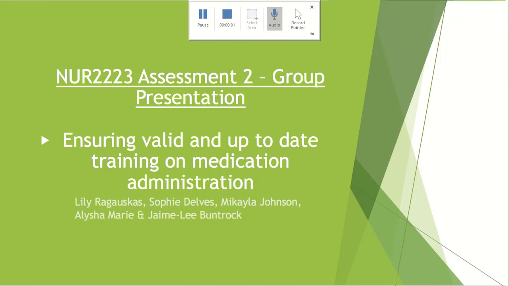This is Assessment 2 and we are looking at ensuring up-to-date training on medication administration by Sophie, Alicia, Lily, Jamie and Michaela. A medication error is a failure in the treatment process that leads to or has the potential to